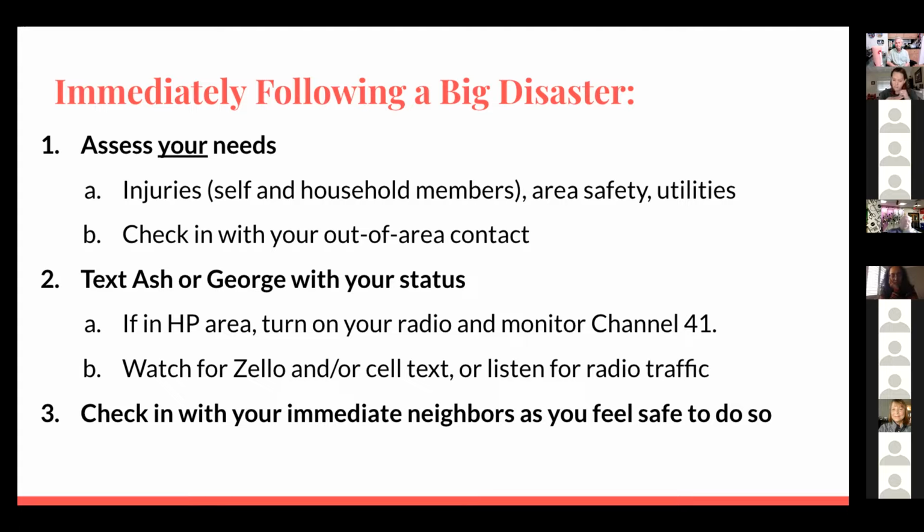If you're in the Hayman Park area and the Hayman Park team, turn on your radio and monitor channel 41. We did a practice on the Zello earlier today. You can also turn on your Zello app, but beware that it will eat up your battery. So don't just leave it on and have it activated the whole time, or a cell text message, and listen for radio traffic. So any of those three things, if you have access to even one item that will help you do one of those three things, then you'll be able to stay in the loop with your team